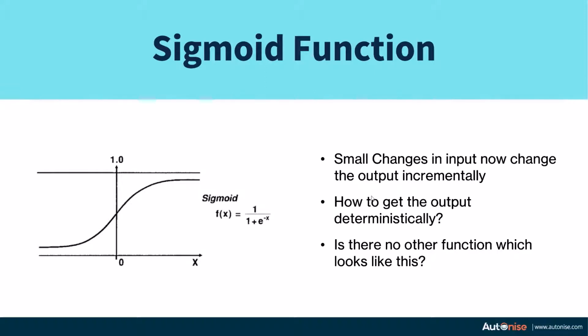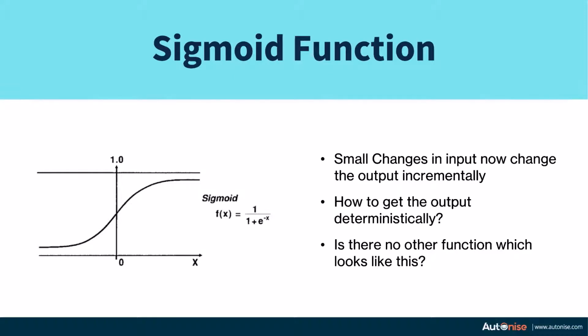We can threshold the output. We can say that any value greater than 0.5 corresponds to 1 when you are finally getting the output, and every value which is less than 0.5 corresponds to the output 0. So that is how we can finally convert our continuous values to deterministic values in the final output.